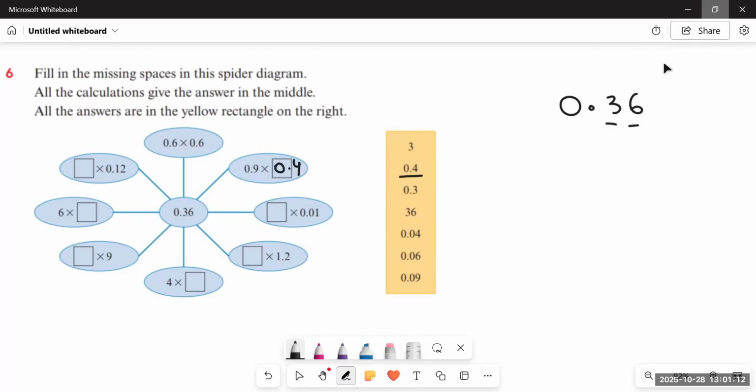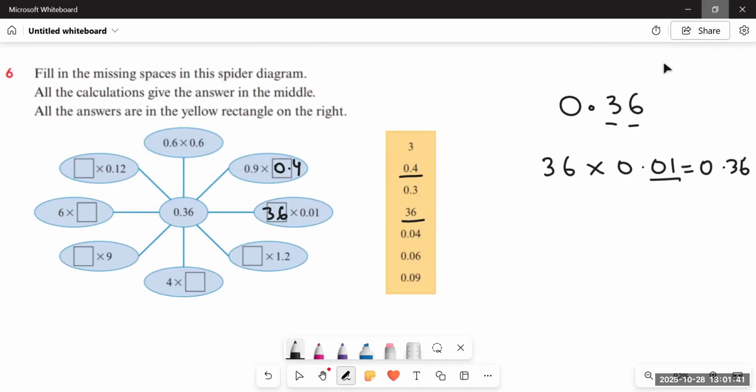Right? And then 0.01 has already two decimal places. So I should multiply it with a whole number because we already have the same number of decimal places in the question and the answer, two each. So it must be a whole number. 1 thirty-six is 36. So it would be 36 because when you multiply 36 with 0.01, 36 ones are 36 and there are already two decimal places. So the answer would have two decimal places, that is 0.36.